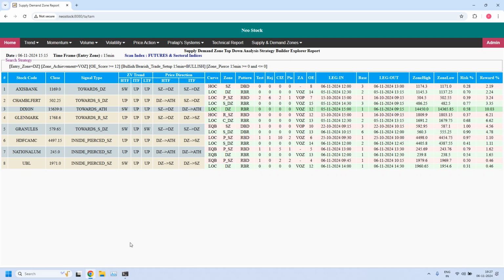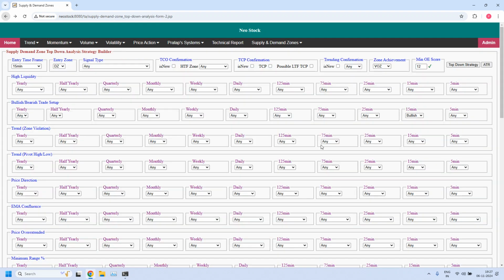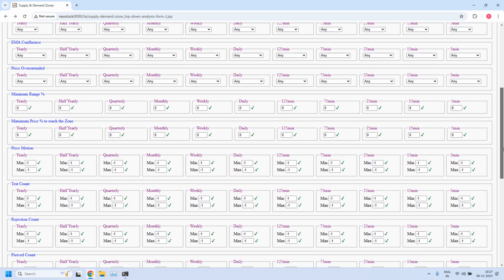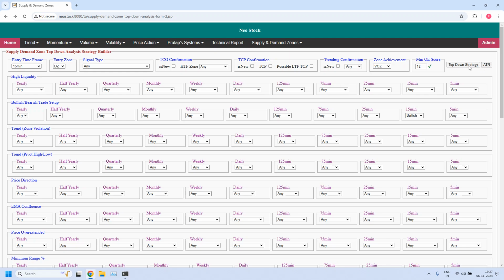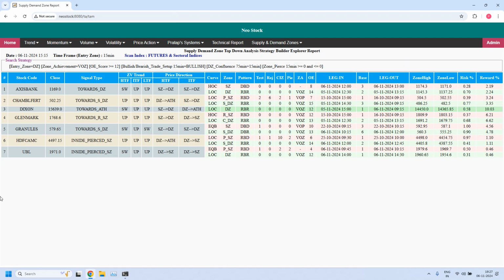Let's verify. First, let us verify based on LTF and ITF demand zone confluence. That is 15 minutes demand zone with 75 minutes demand zone confluence. So I am enabling that filter. 15 minutes demand zone with 75 minutes demand zone confluence. We got 7 stocks. In these 7 stocks, 15 minutes entry time frame demand zones are part of the